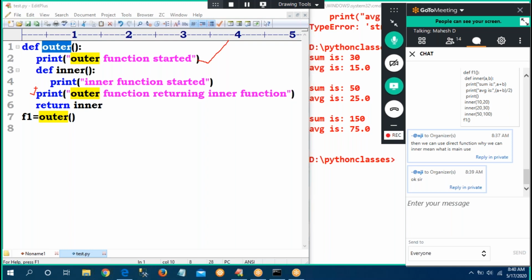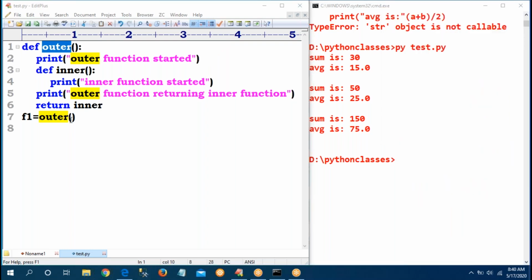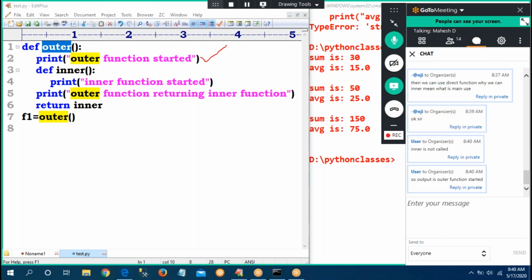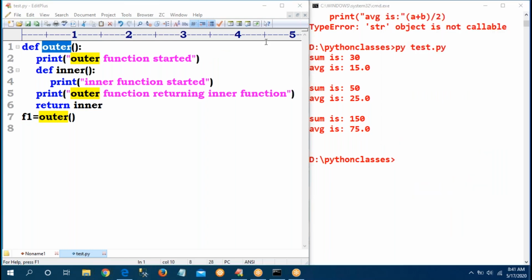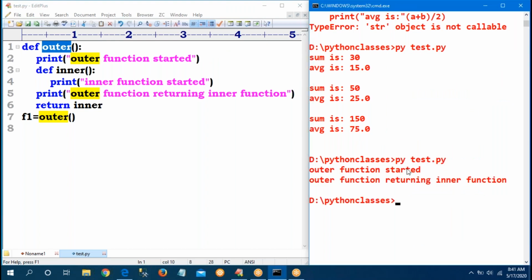Yes, sir. Observe here carefully. Sir, I am calling the outer function. So the outer function started. Yes, perfect. Now line number 5. I am just returning inner. Sir, what does that mean? The output function will be started, this F1. So the output is just the outer function returning the inner function only.